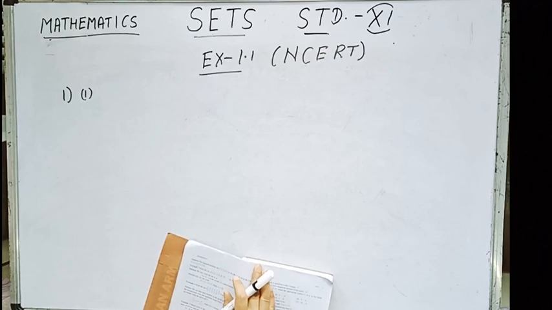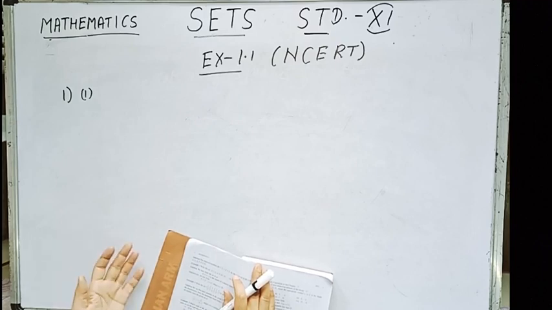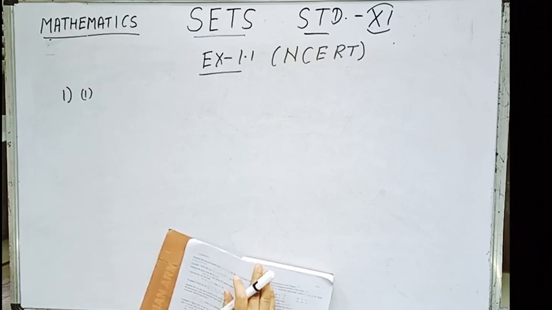Subpart number 2 is collection of 10 most talented writers of India. Most talented, again as I said, whenever an adjective is associated, that collection is not a set. So over here this is not well defined, and so it is not a set. In justification you will be writing it is not well defined. Now number 3 is a team of 11 best cricket batsmen of the world. Again the best word has come, so it is not a set, not well defined.